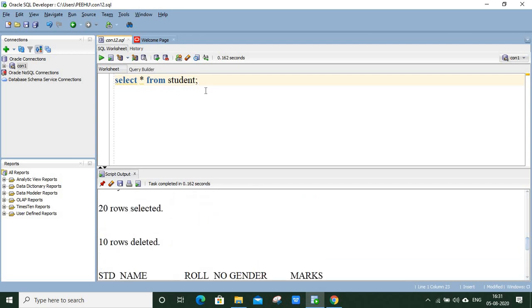Sometimes we have to apply a condition on some character values. When the values are numeric, we can just mention the values in this way, but when the values are character values, we need to use double quotes.